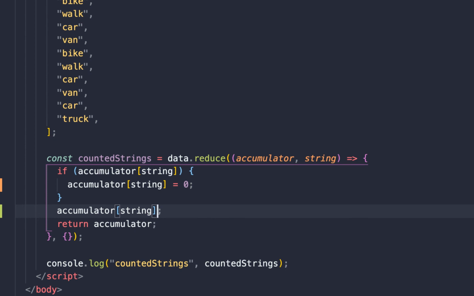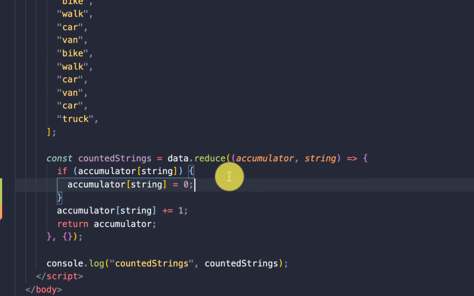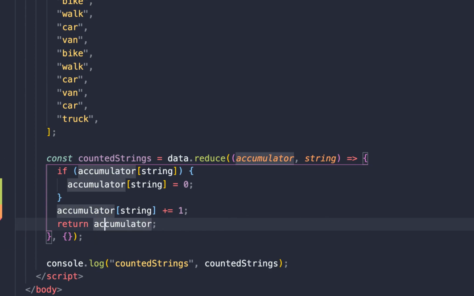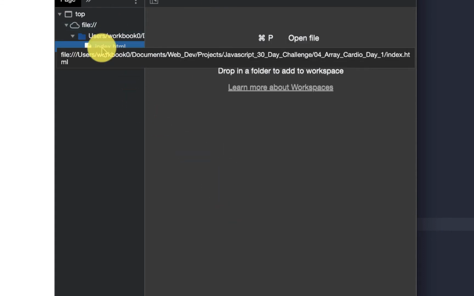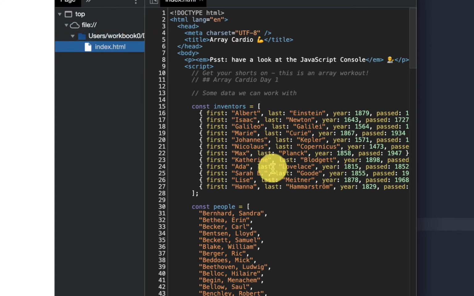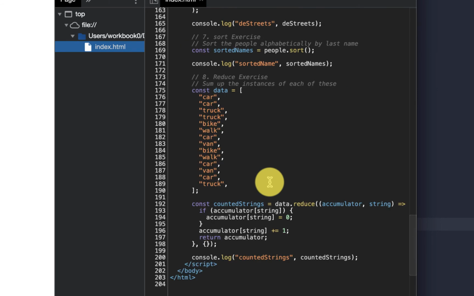Accumulator.string plus equals 1. Okay, let's debug it a little bit here. I'm going to put a breakpoint here,